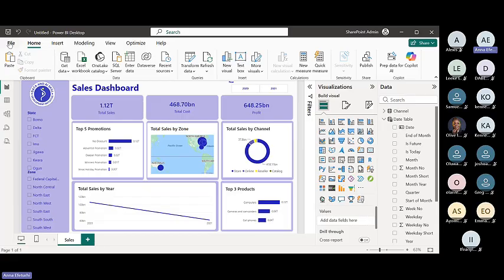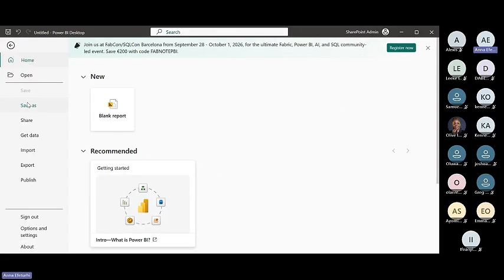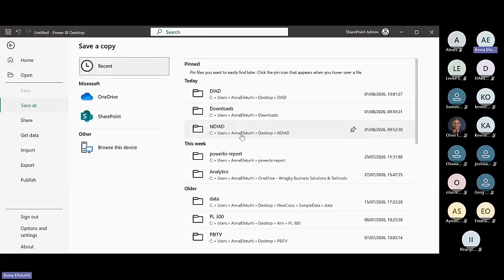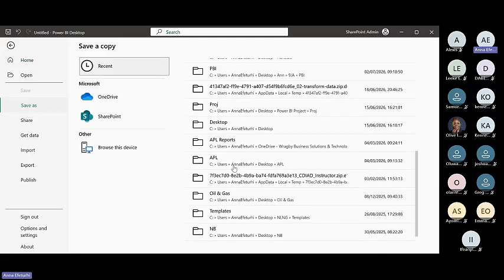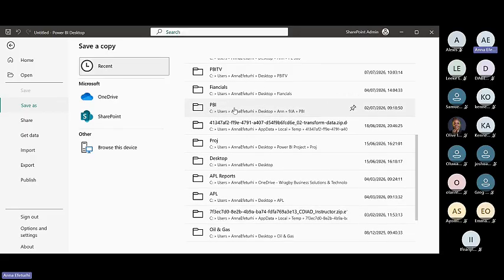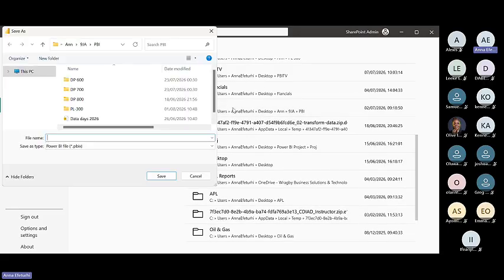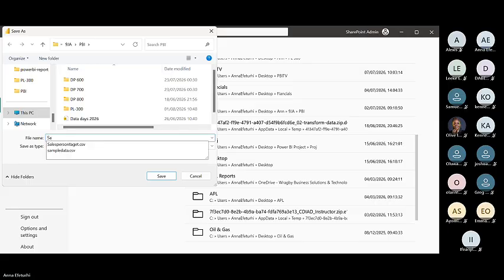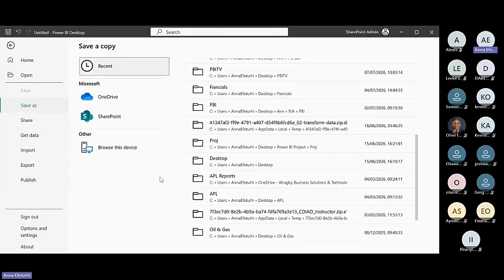Let's click on Save As. And again, I think this is the folder I'm maintaining for this training. So let's call it Sales Dashboard, right? That's what we call it. I hope I'm correct. Okay, great. So now that we have saved the report,